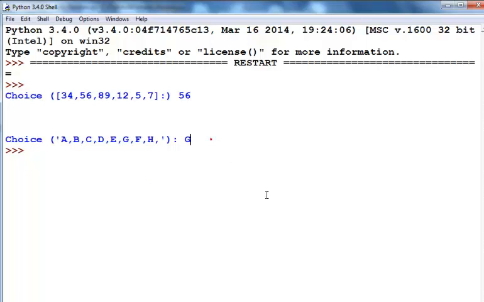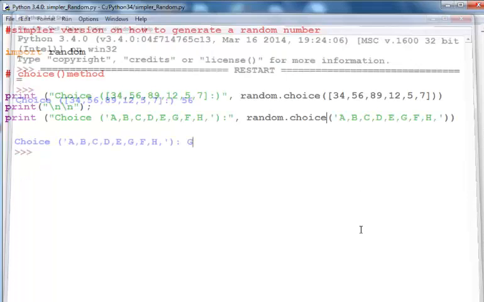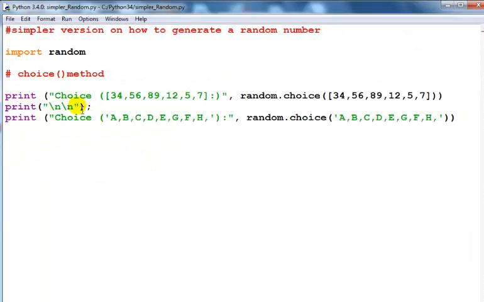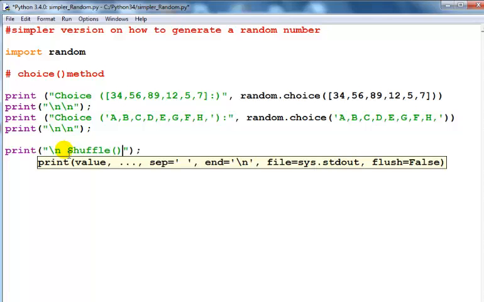Now let's take a look at one or two other randomization methods. So I'm going to close these. I will leave all of these on and maybe just copy this, paste it right there, and let's look at other methods. So another method that I would like to have a look at is, let me say, shuffle. Yeah, shuffle is another method that can be used within the